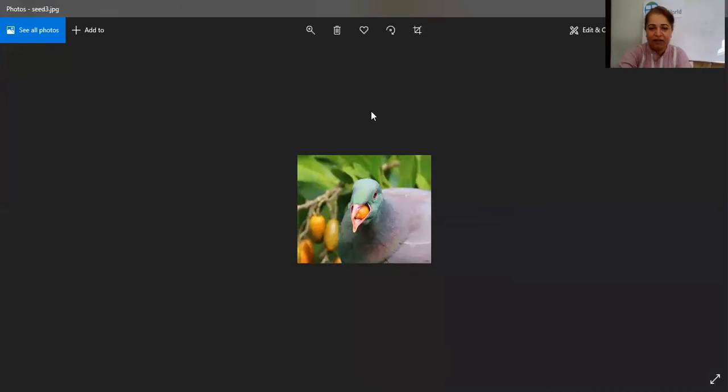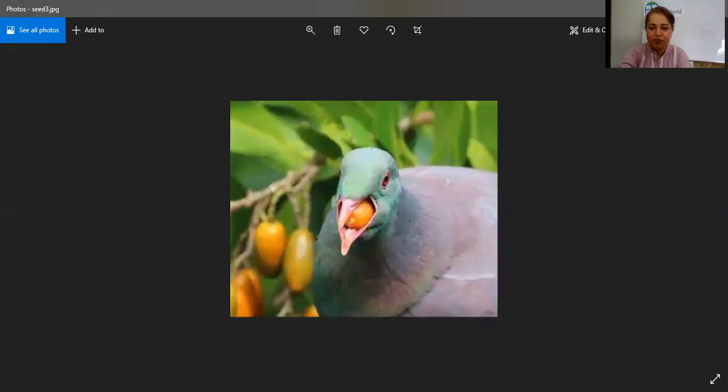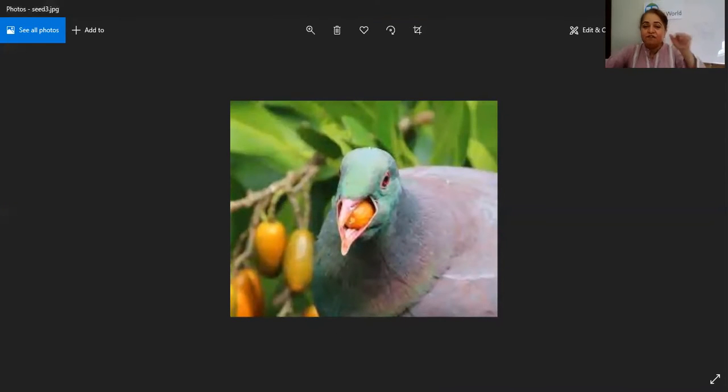Okay, here it is. Yeah, now have a look at this. Now the bird is eating the fruit. I think this looks like olive. This looks like olive, but I'm not sure whether it's olive or not, but whatever it is, it's a